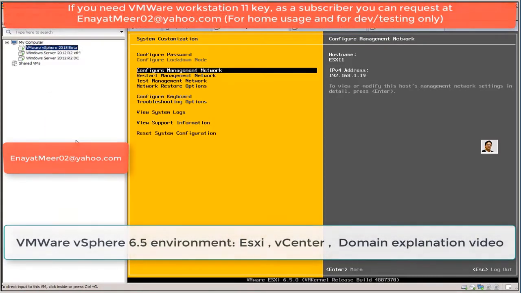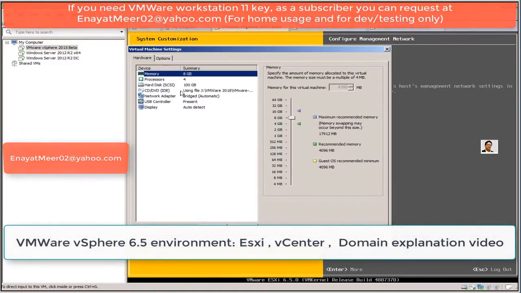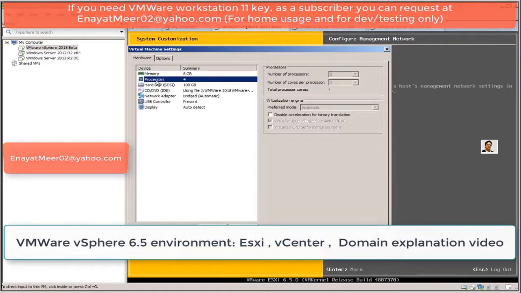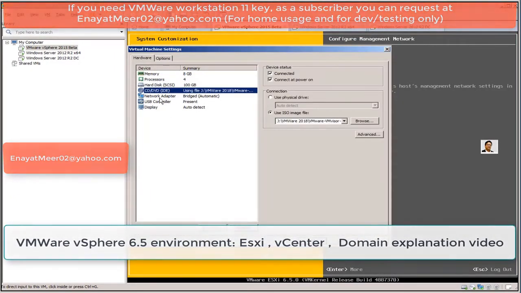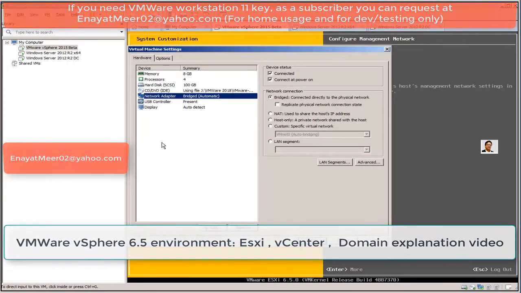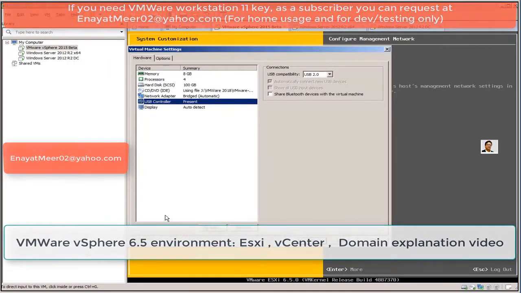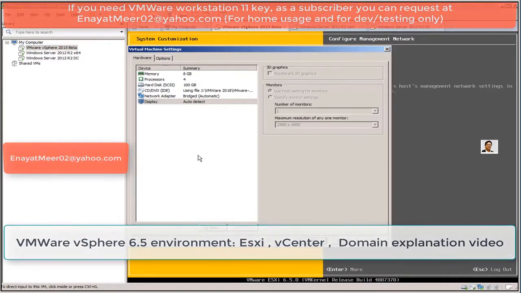So in the environment you can see here, so far there are 3 hosts. 2 of them are my Windows Server 2012 R2 and one is ESXi. Technically, when I come back with my other videos, you will see 2 ESXi hosts, one vCenter server and one domain controller. So here I am going to show you the environment which I have. You don't need a USB. I'm going to remove it from my